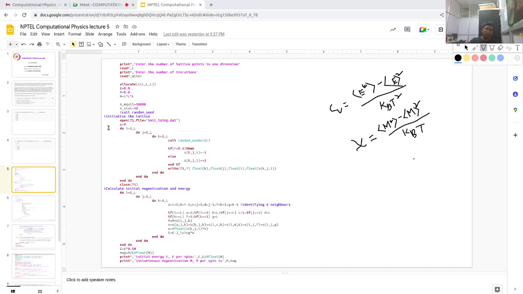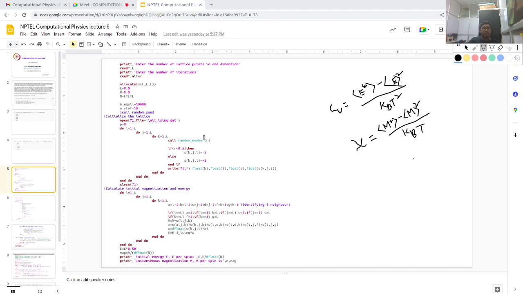So if dE is less than 0, that means the energy is decreased, which is our requirement, right? Then I am going to just update our energy, E equals E plus dE. Since dE is less than 0, the energy will be decreased, and at that point capital M is also updated